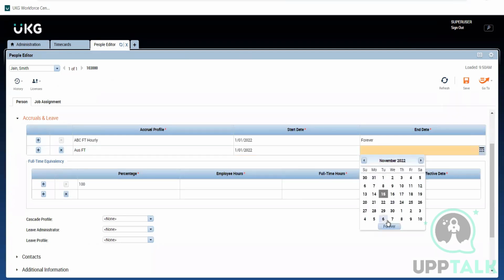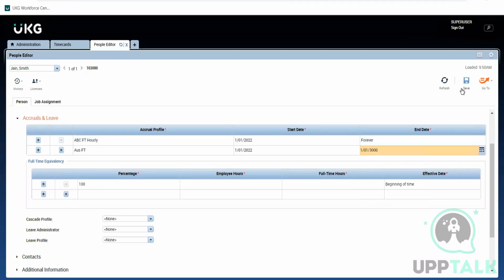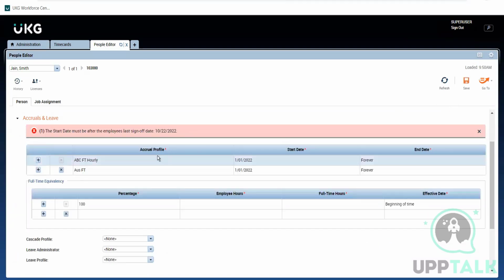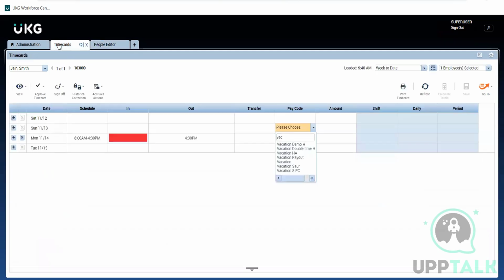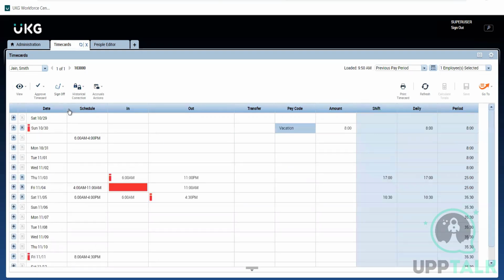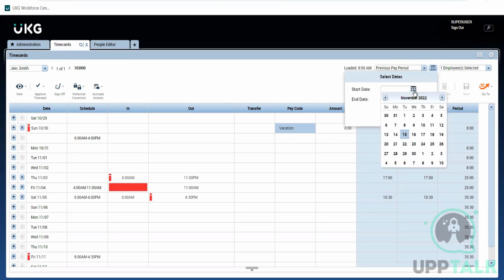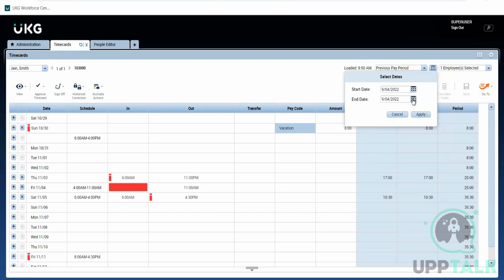We need to see whether it is accepting it or not. Because if our employee's time card is already signed off, if you see here, employee time card, when we tested it out, we approved it and we signed off on it. So only if we remove the sign off, it will allow him to make the changes to that